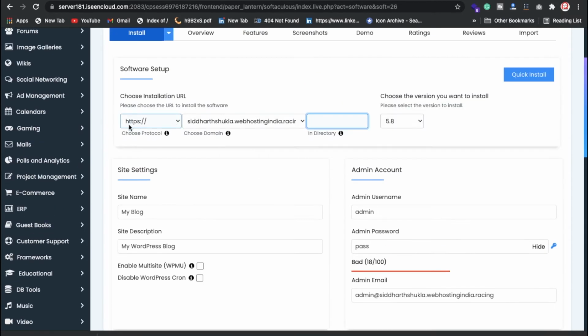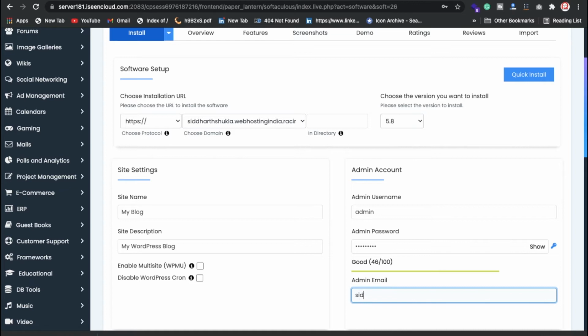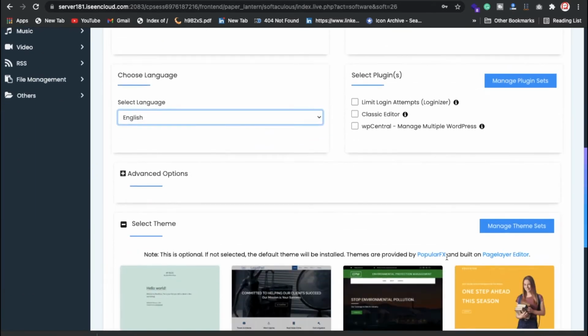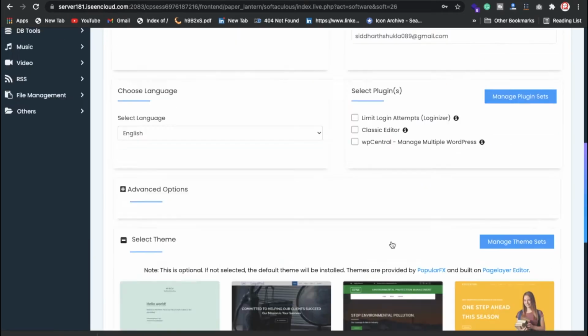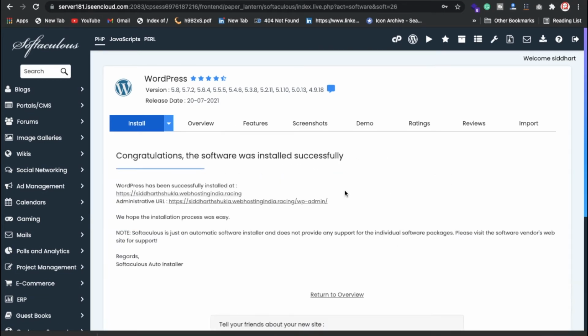We also want HTTPS, so I just select the HTTPS version, and whatever admin user you want. I just want admin, and just click on hide, and I put in the password. Also here you can select any email ID, whatever your email ID is. So yeah, I have put it. Now again just scroll down and click on install. After clicking install, this will take less than 30 seconds. So now we have successfully installed WordPress. Just click on main; this is the home page, and this is the admin panel.